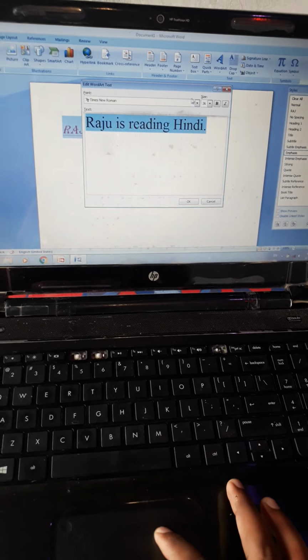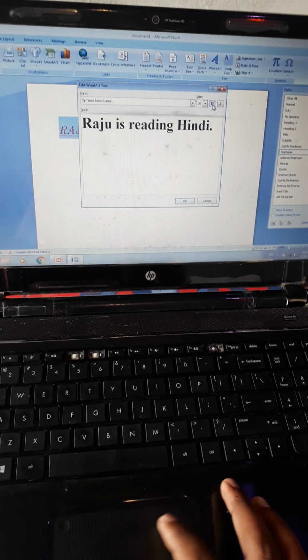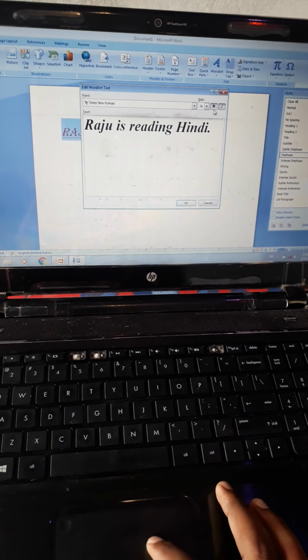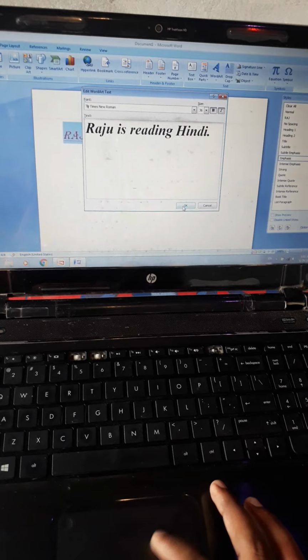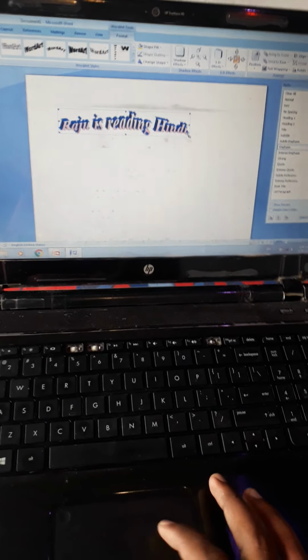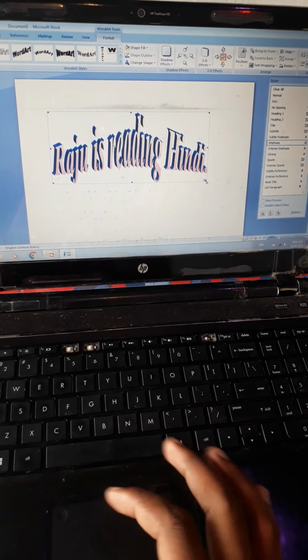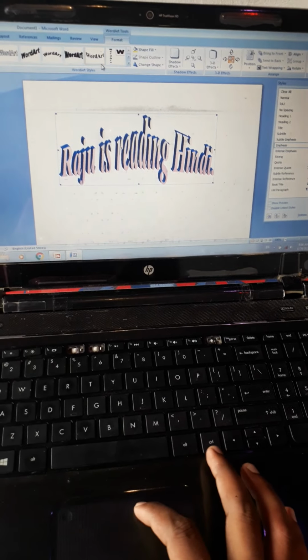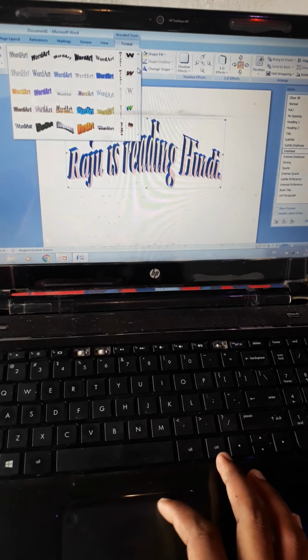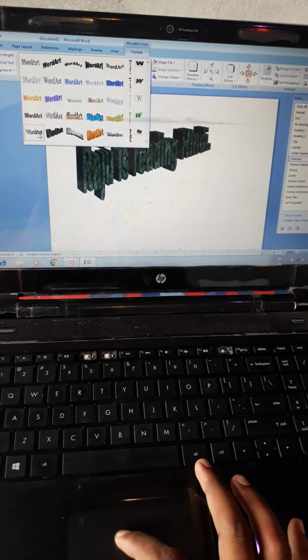So you can change again your font and also font size, and you can apply bold effect or italic effect. It is according to your need you can apply. Then simply we have to click on the OK option. So you can see the changes, and I'm going to show you. You can increase or decrease the size of this all. Any style you can apply according to your needs. So here I'm going to show you. This effect will be applied like this.